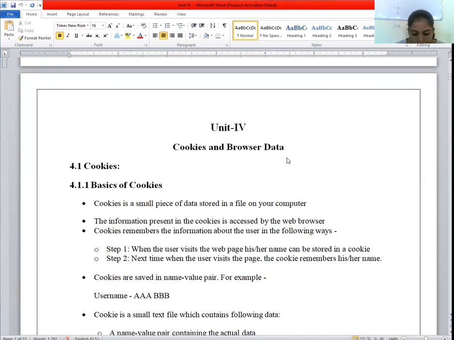Correct. So what that means is stateless means it does not store each and every piece of information. When the server gets the information, it is not storing the session time or session information. It is not stored for each and every request. So this is the meaning of stateless.